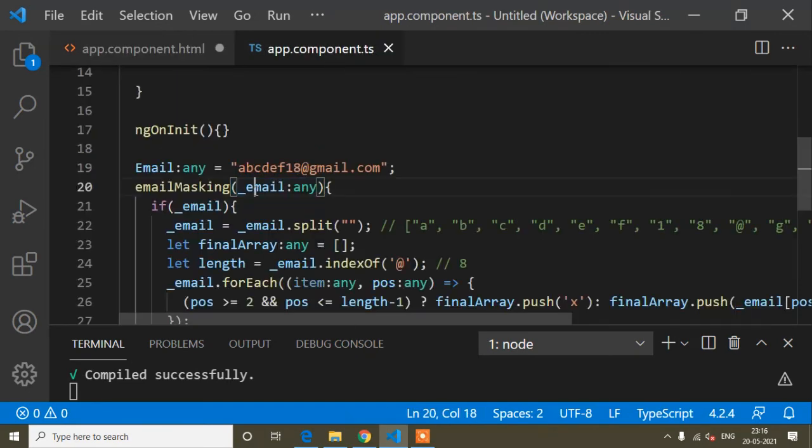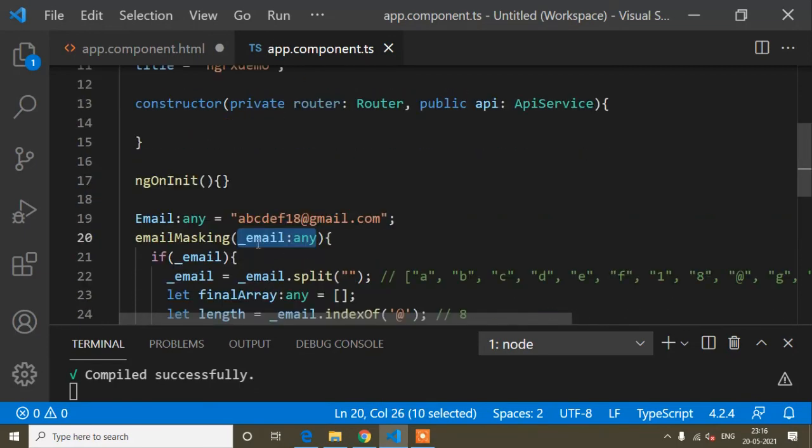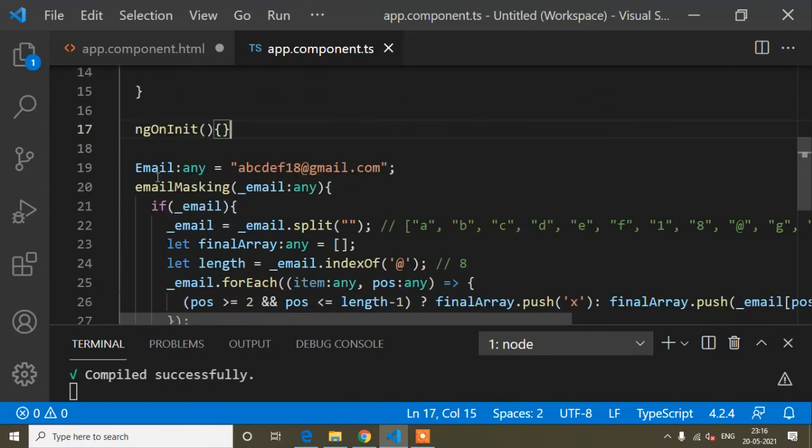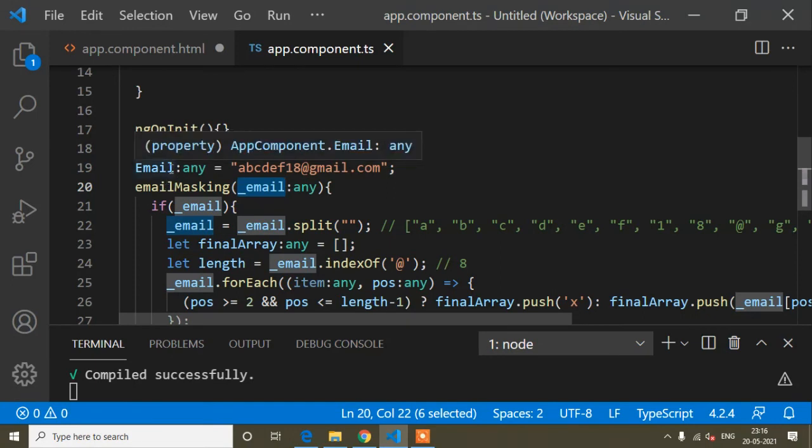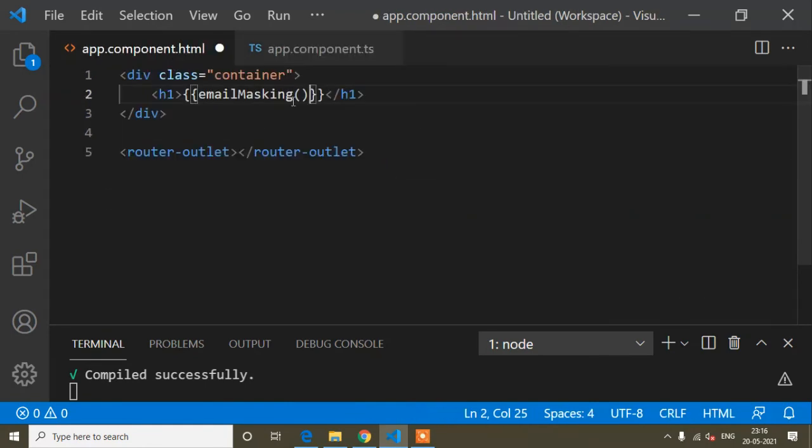Inside this parenthesis, here you can see I had passed this email parameter. So when I call this method, that time you had seen that for denoting this parameter I had passed a value. The value was this email variable. So here in the same way I will pass this email variable.